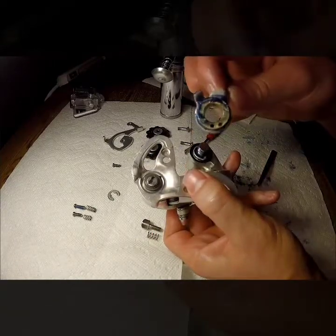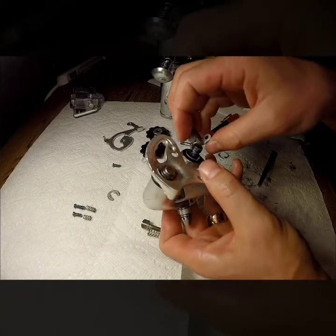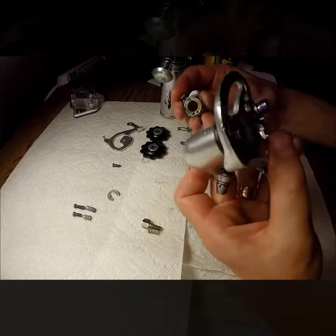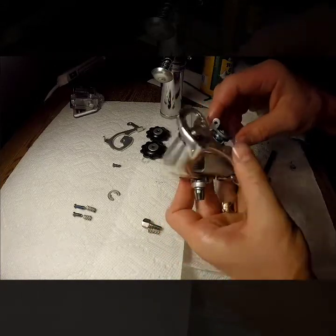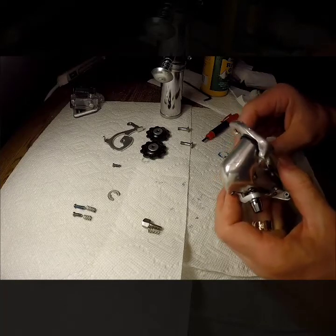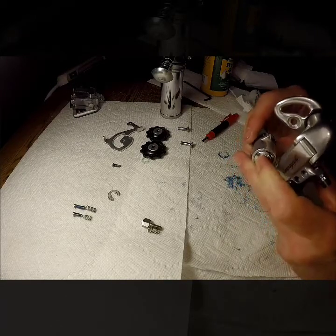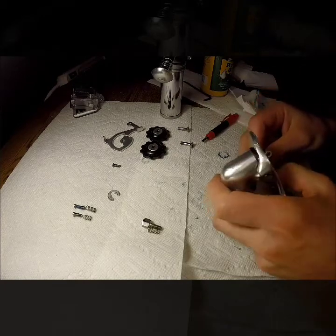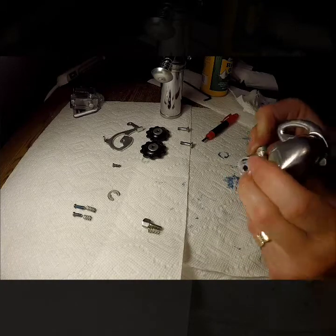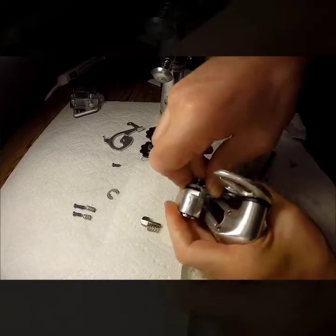Next, this part, and this part's going to twist like this. So I want max tension on this as well. It's just a personal preference. So if it's twisting like this, I'm going to put it on the right-hand hole here. You have to play around with this for just a bit until you get it seated right. There we go. All right, now this part, we'll twist around enough to pass that, and then we'll seat it,